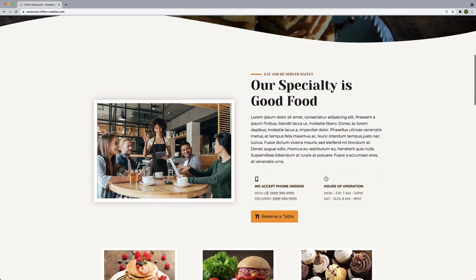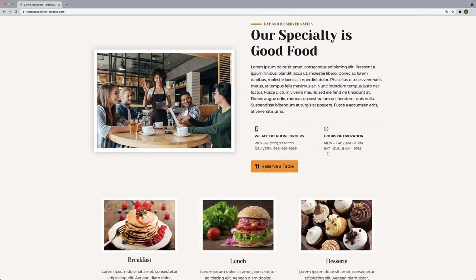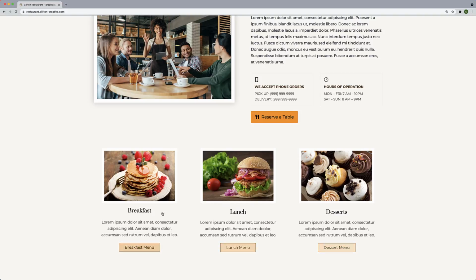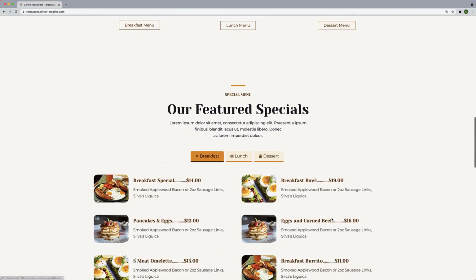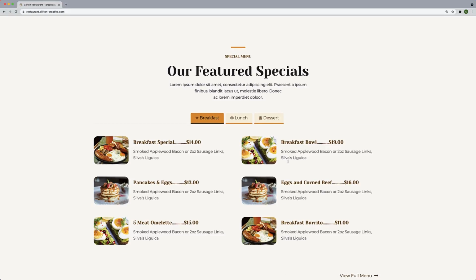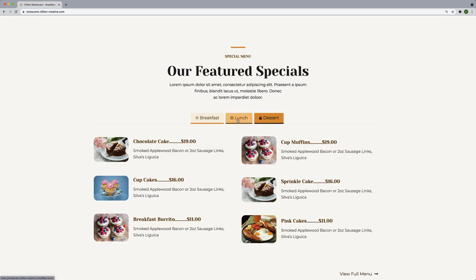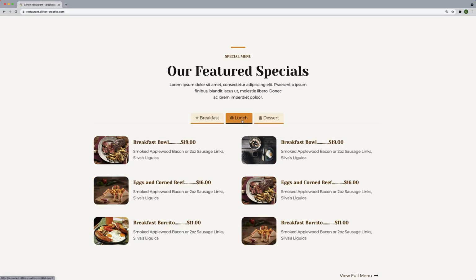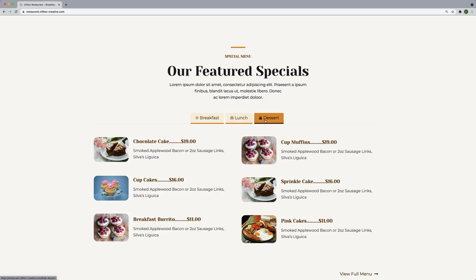If you scroll down, we have the introductory section here where it's introducing the restaurant. And then we have the restaurant offerings, breakfast, lunch, and dinner. Then if you scroll further down, we have what I like to call a mini menu. So this menu is a tabbed menu, meaning that each offering is in its own tab. And this way you get to be able to manage the space very well. So the user can just select which one they're interested in, and they'll be able to see those items in